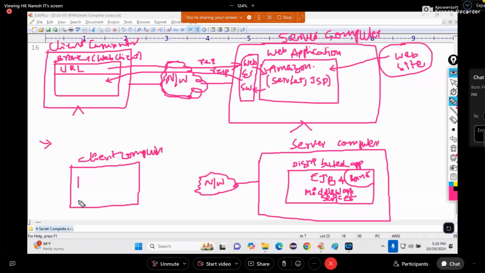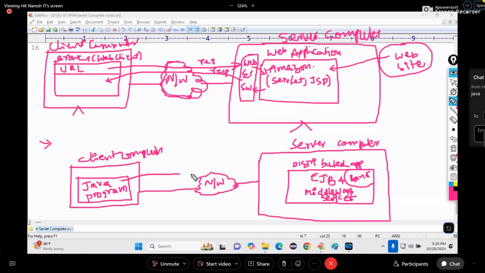Here, this is a Java program, not a browser. The Java program is connected to the network, going to the distributed application, and the response is coming. It is also request and response, but via Java.